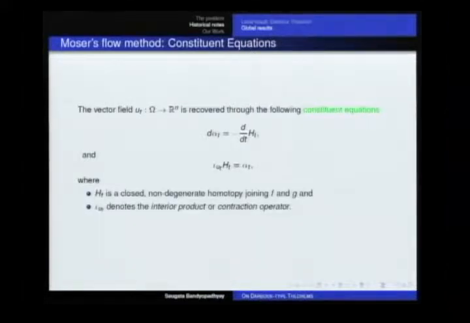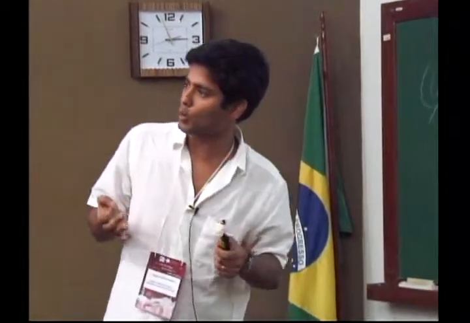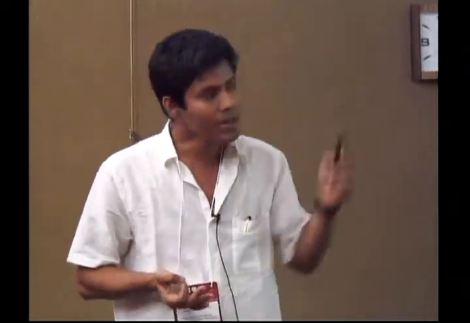Therefore, the question that arises at this point is how do we solve these two constitutive equations? You know that the first equation is at least locally solvable. Why? Because of the Poincaré lemma: h_t is a closed form, therefore we can solve it locally. So what about the second equation? Moser observed that it is well posed, in the sense that no matter what alpha_t is, there exists a unique u_t solving this equation, only when k is equal to 2 and n is even, or